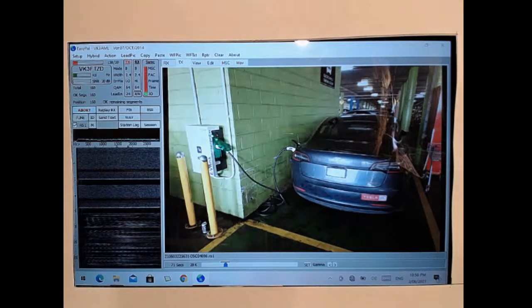And for those interested, I'm transmitting a picture in 71 seconds of a Tesla electric car which has pulled up to refuel with electricity, not petrol, at an electronic refueling station, an EV link, at Forest Hill Chase in the eastern suburbs of Melbourne. Somebody has paid something like $70,000 for that car. It doesn't look very impressive, but I'm sure they're the future. Anyway, this is VK3AML transmitting an easy power pick.